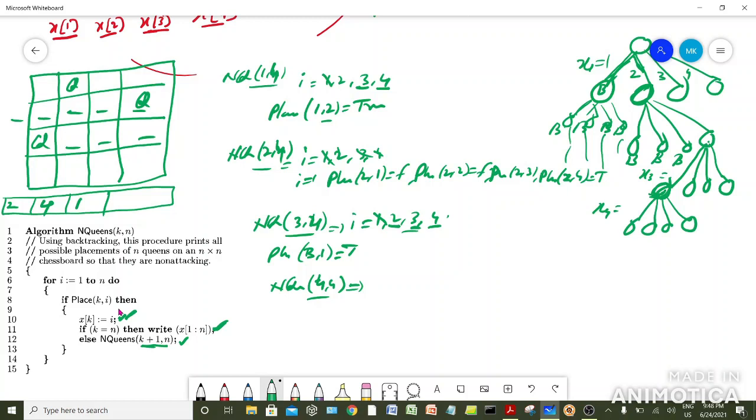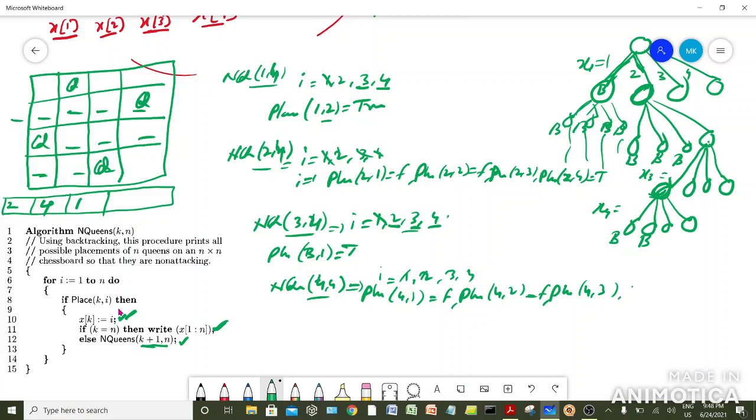Fine. So when X of 4, or the fourth queen, was being placed, then first call, or you can say i was equal to 1, 2, 3 and 4. So place of 4 and 1 was called. It returned false because we cannot place the queen here. Then place of 4 and 2 was called. Again it returned false, we cannot place the queen here. So 1 exhausted, 2 exhausted, or you can say it backtracked. Then place of 4 and 3 was called. Then on 4 and 3 we can place the queen here.